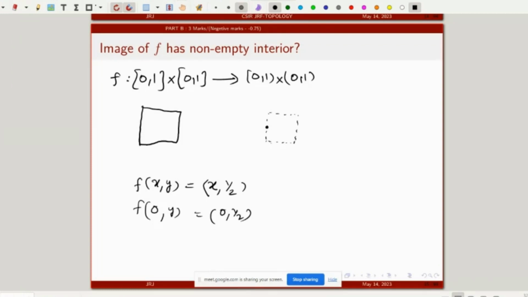You can make it a little more to this side. This x you can shift a little bit. So you can map this to this line (0, 1). So what map can we use from closed [0, 1] cross closed [0, 1] to